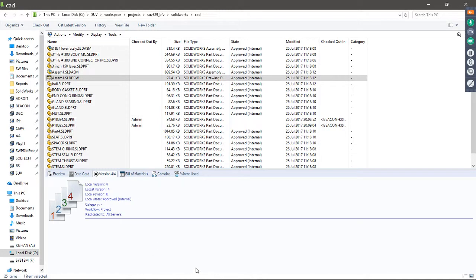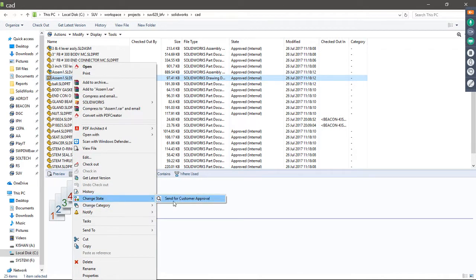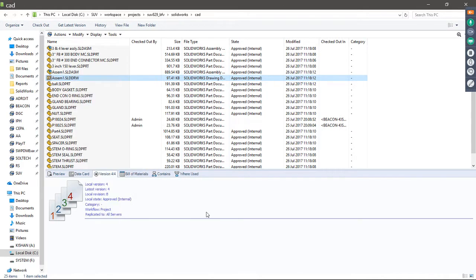Now coming to this, let's say I'm changing a state. Every time I change a state, in your company there will be a situation where you need to go to the person who will approve that or who will ask for an approval. But what happens in PDM is it will change the state and instantaneously send an email to the person who needs to approve the file. So let's see, for example,